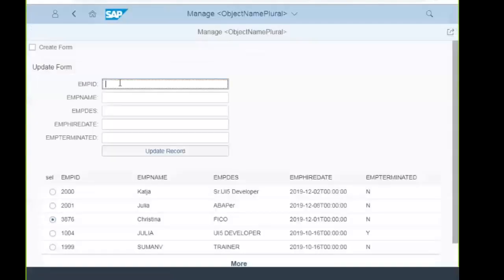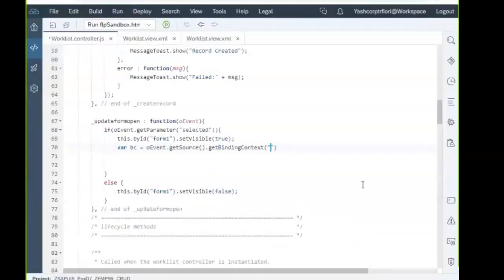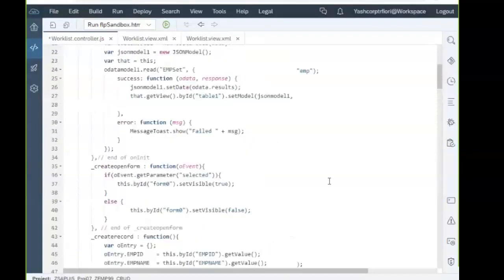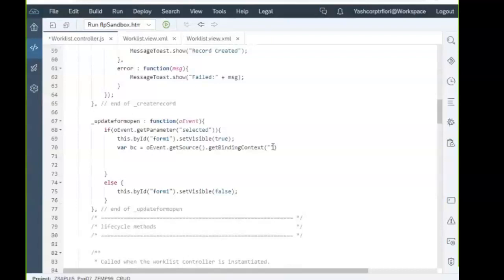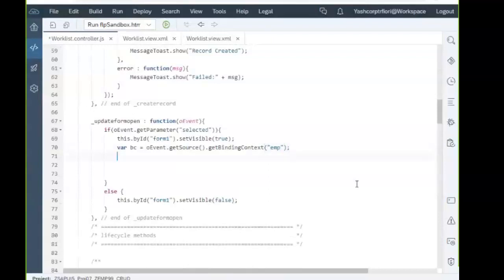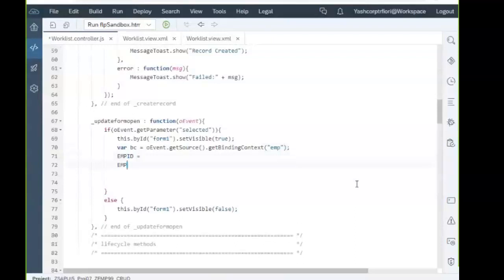Event dot get source dot get binding context of EMP ID, EMP name,